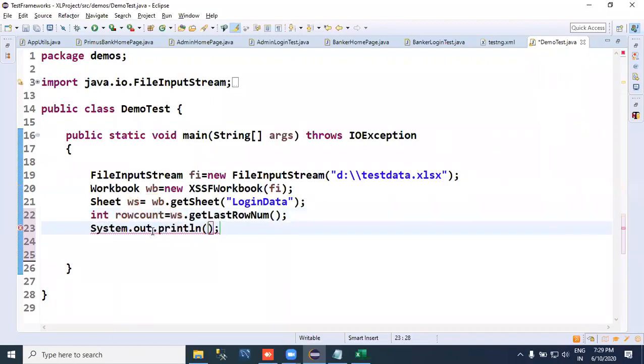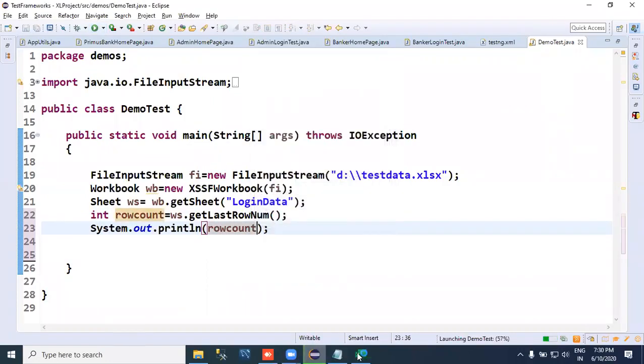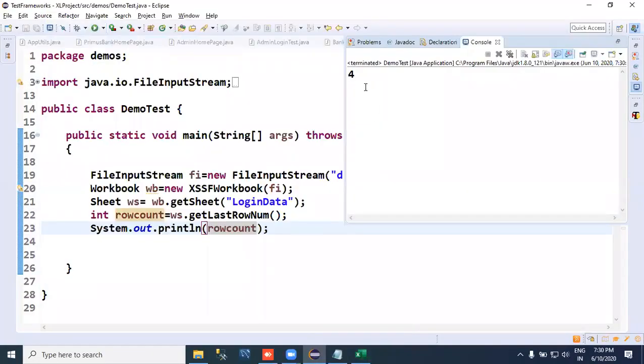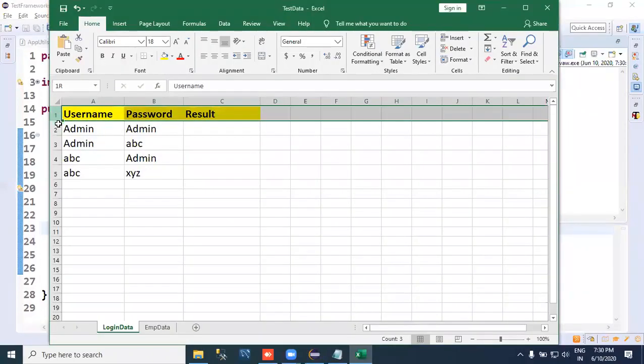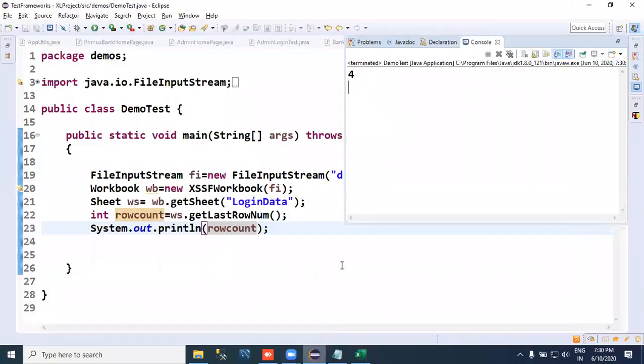Okay, first let me run this. Row count. Here definitely we get 4 because there are 4 rows available. I told you yesterday the row count starts from the 0th row. Here the row count is 4 because the row count starts from 0. 0, 1, 2, 3, 4. Well, now